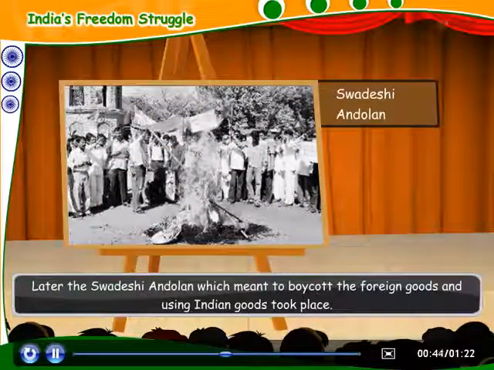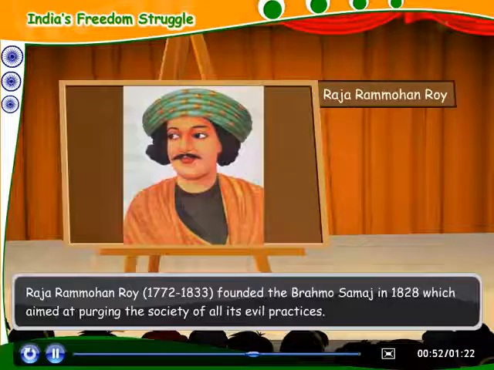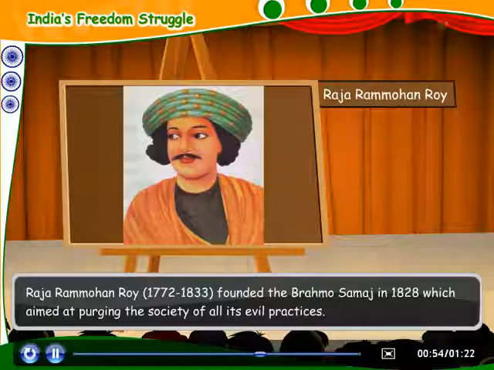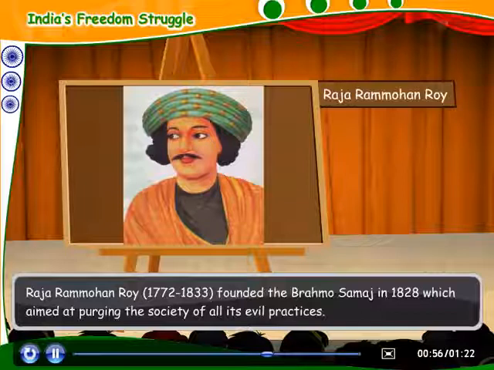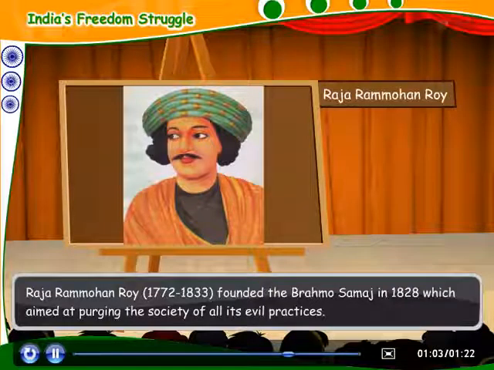Later, the Swadeshi movement, which meant to boycott foreign goods and use Indian goods, took place. Raja Ram Mohan Roy, 1772 to 1833, founded the Brahmo Samaj in 1828, which aimed at purging the society of